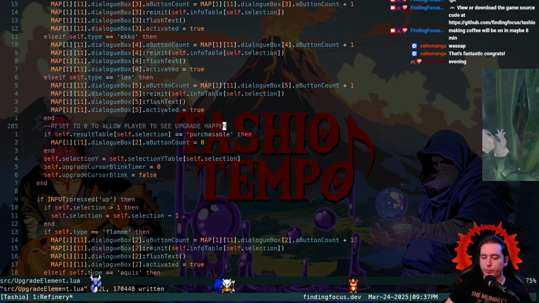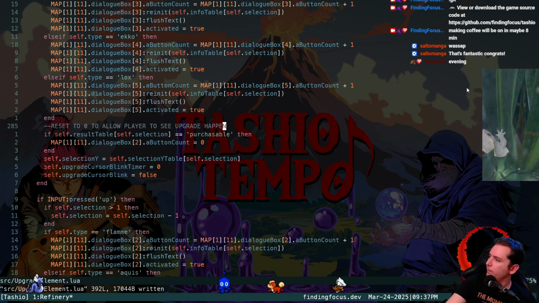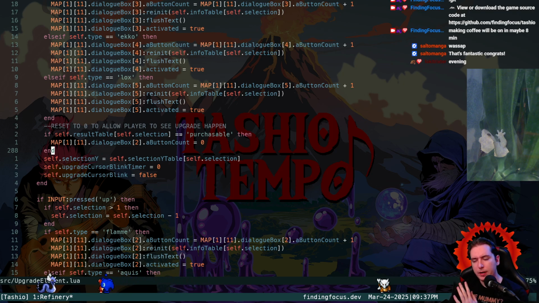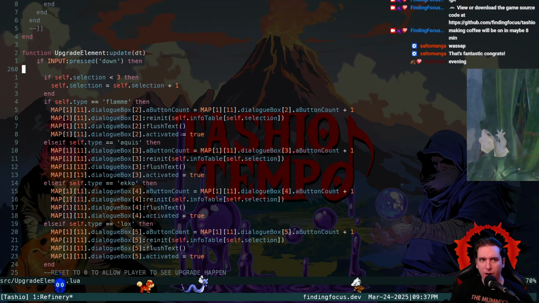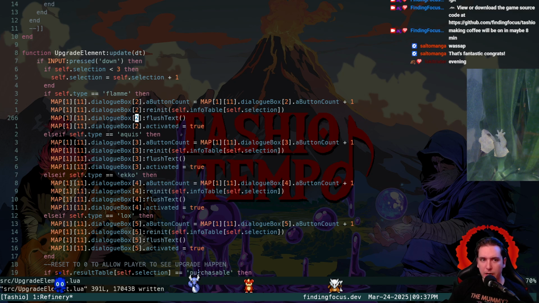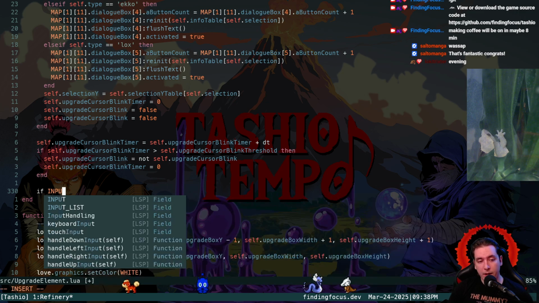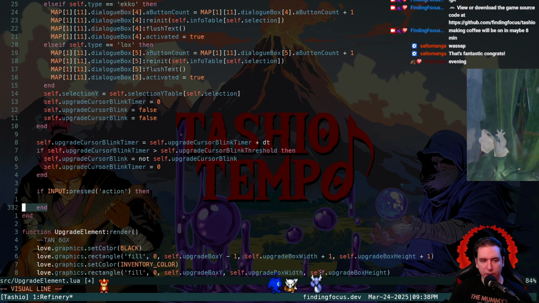Okay. So now we can do the actual upgrade. An upgrade would be an action button press. So we don't have any action button press logic in our upgrade element. We have it only in the update logic for the dialog box objects themselves. So I think we can do this where after we check our inputs and update our cursor, let's just go ahead and do a check for a level advancement. So we're going to listen for an A button input,